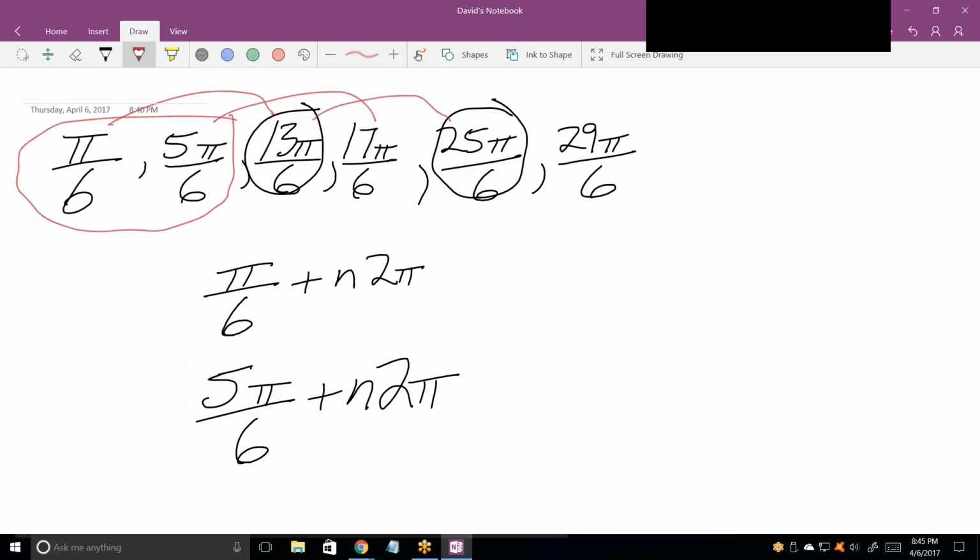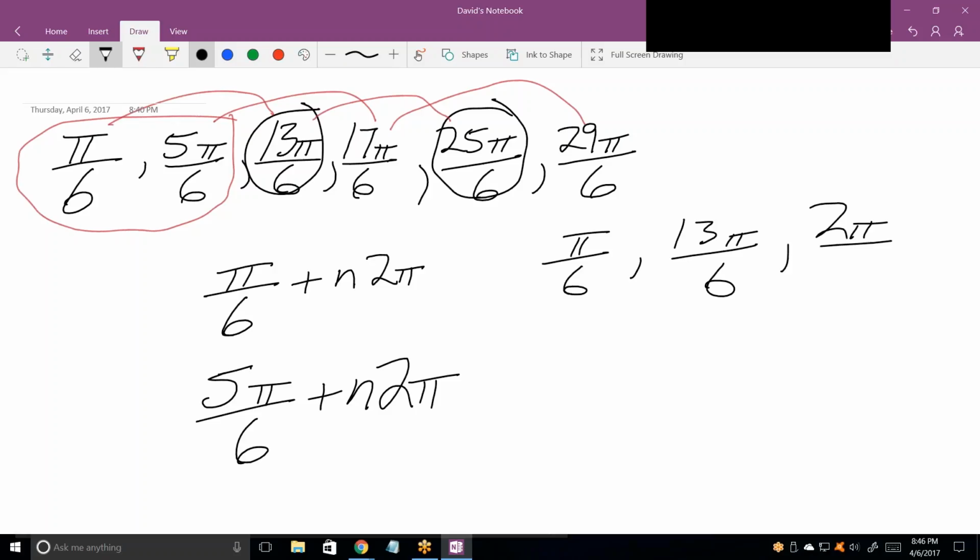In other words, you're leapfrogging every time. Now you try to figure out how to write the sequence pi over 6, 13 pi over 6, 25 pi over 6. Well, that's pi over 6 plus n